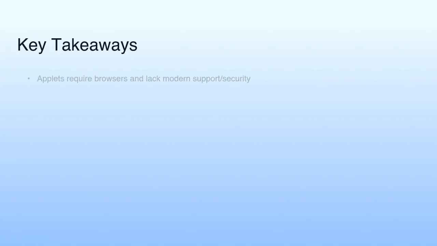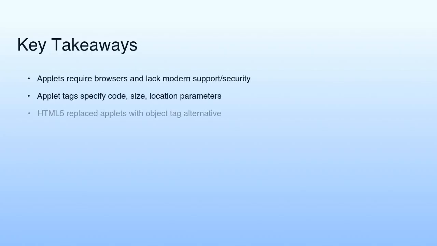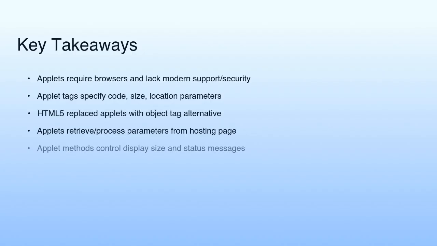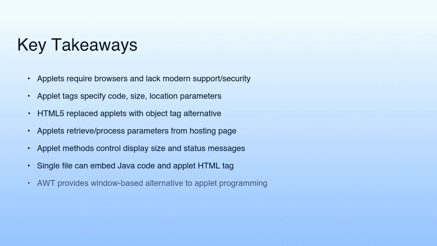In summary, applets require browsers and lack modern support and security. The applet tags specify code, size, and location parameters. HTML5 replaced applets with the object tag alternative. Applets retrieve and process parameters from the hosting page, and applet methods control display size and status messages. A single file can embed both Java code and the applet HTML tag. Finally, AWT provides a window-based